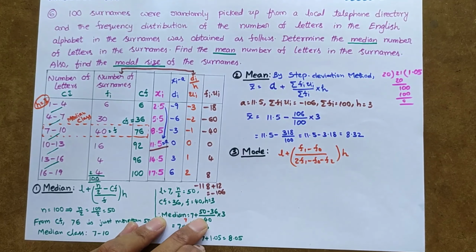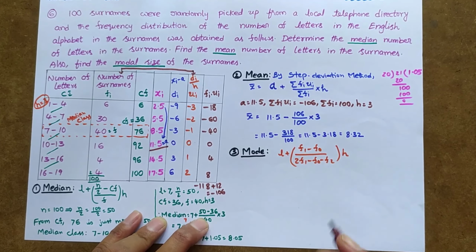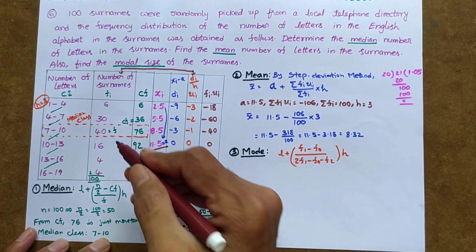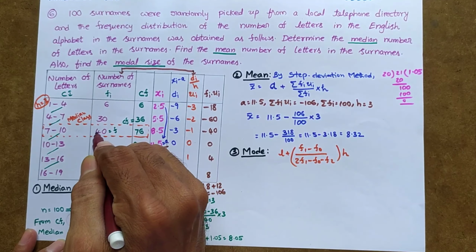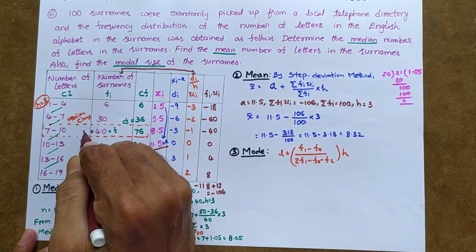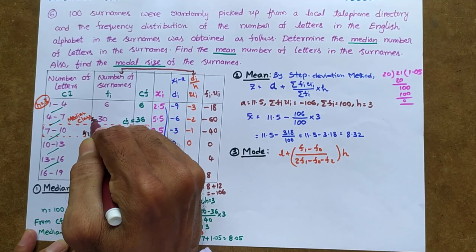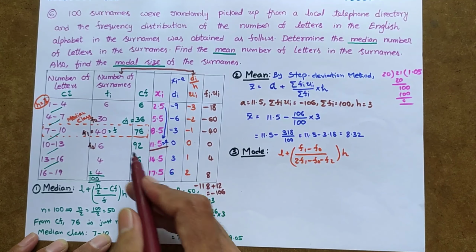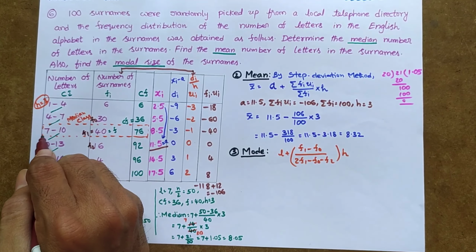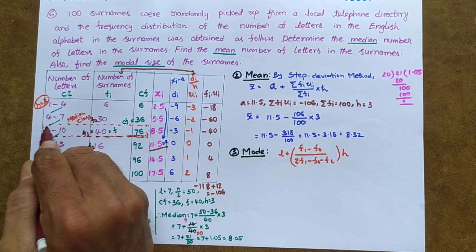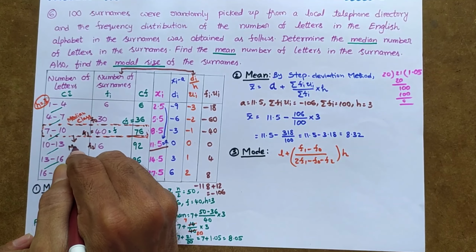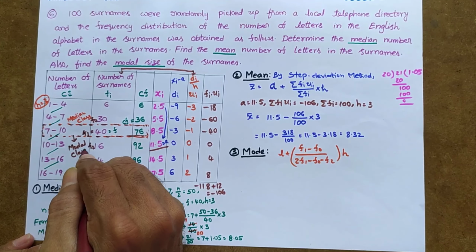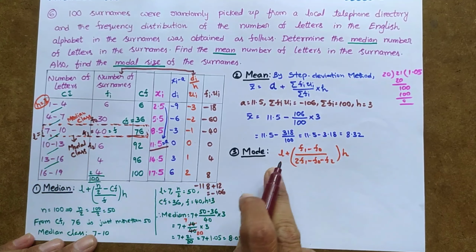Now here let us write these values from the table. Now you see how to find these values. Observe carefully in the frequency, which is the highest frequency, that will be F1. In this you see 40 is the highest frequency. So this 40 will be F1, the previous one will be F0, the next one is F2. Clear? And here the highest, maximum 40, so this one will again be the modal class. So in this problem, median class and modal class both are the same. In the same way, this 7 will be the L even for mode.